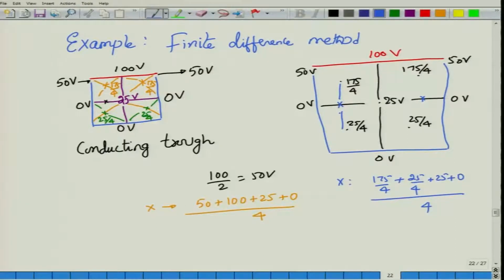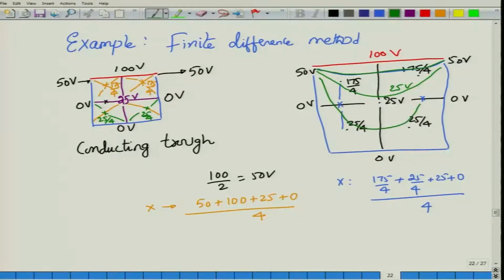So if you continue this, this of course will be different, but if you continue the entire grid, what you would see is that the potentials will actually be larger over here. This would be say a 50 volt contour, then the potential starts to drop. This would be a 25 volt contour because it is passing through the center with a 25.